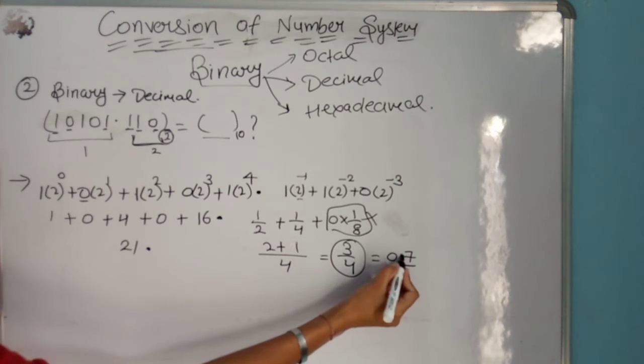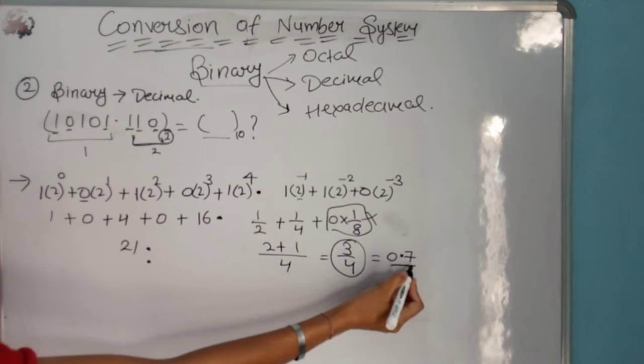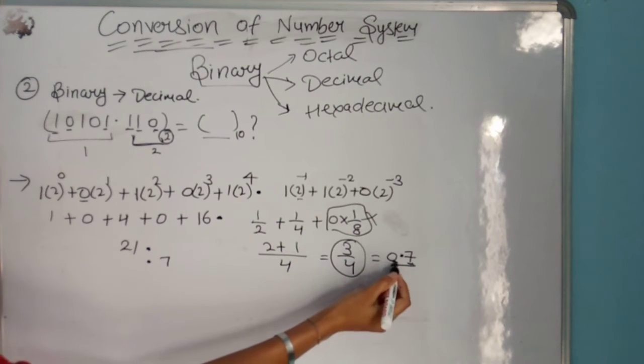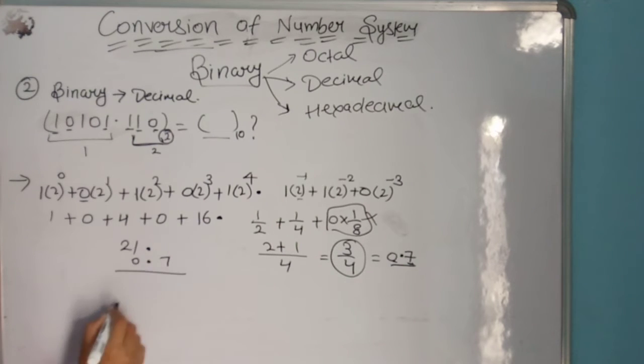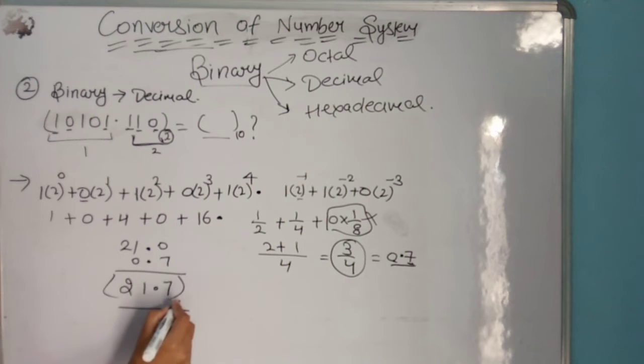Now the decimal is here, we write it here, and after the decimal we write 7, and before the decimal is 0 and 2 and 1. Now add these digits. This is a decimal number. This is the proper and easy method to convert a binary number into a decimal number, even if the binary number has a fractional form also.